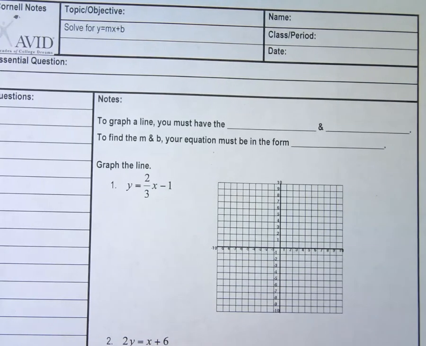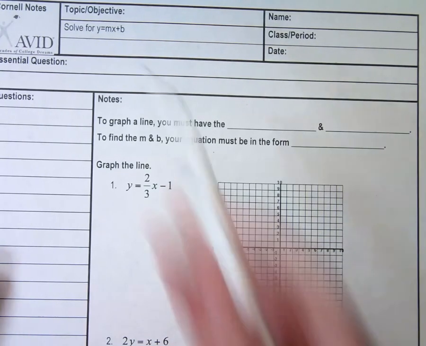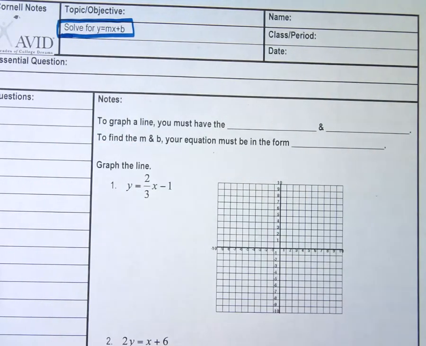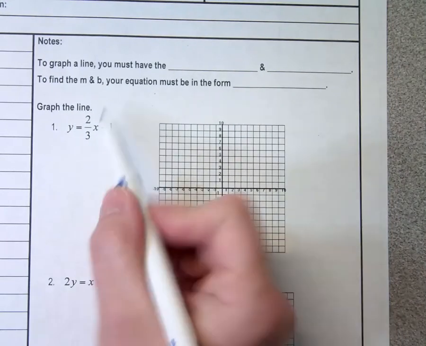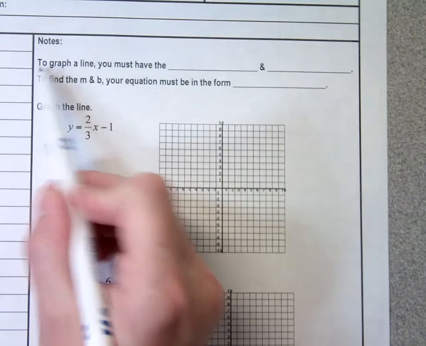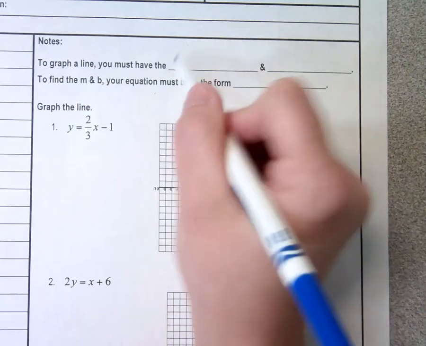Okay. In this, it is called Solve for y equals mx plus b. We're going to do a little graphing today. We've graphed in the past. It's just been a little while. So remember, I know whenever I see an x and a y in the equation that it's going to be a diagonal line. So if I ever want to graph a line, a diagonal line, I have to know the